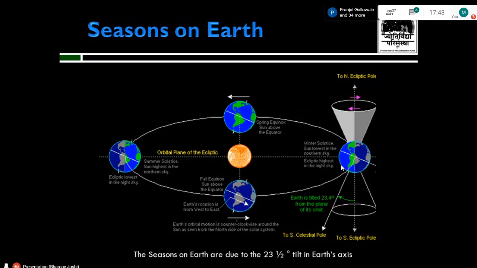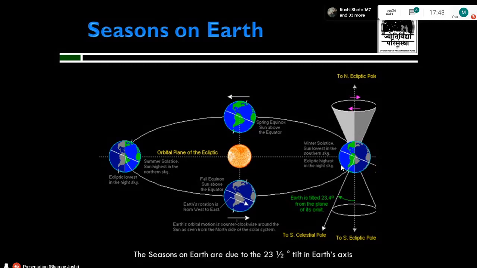So yeah, if you can see the position of the spring equinox, both hemispheres of the earth are getting an equal amount of light. Okay, hence the term equinox, equal amount of light. And this is the spring equinox or the vernal equinox. In our ancient Indian terms, it is called Vasanta Ritu. You must be familiar with it. So this is where spring equinox occurs, and this occurs between 21st to 23rd of March.